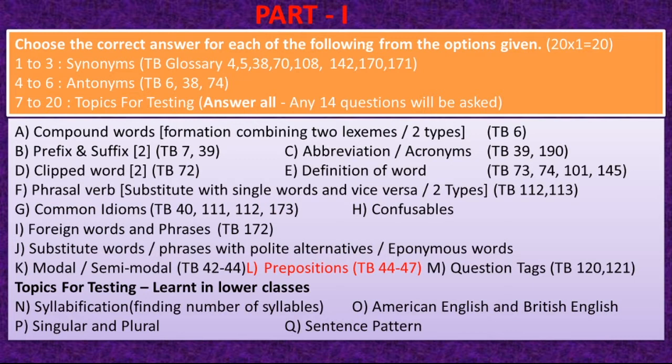But when you write the answer abbreviation, you know that single lettered, when it is abbreviated, the first letter of each word should be underlined. And what about the acronyms? Acronyms will be pronounced as a word. Okay, for example, AIR, All India Radio, NASA. These are the words that will be written as acronyms. So there will be a compulsory question based on this also. Sometimes it will be under optionals.